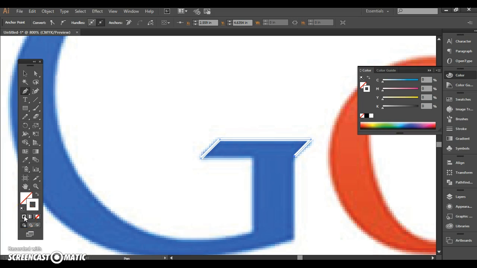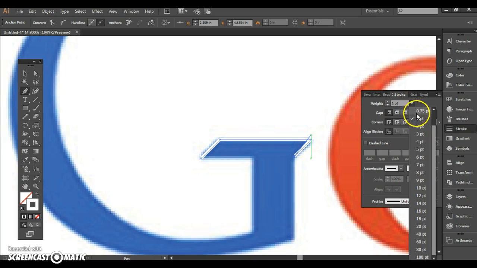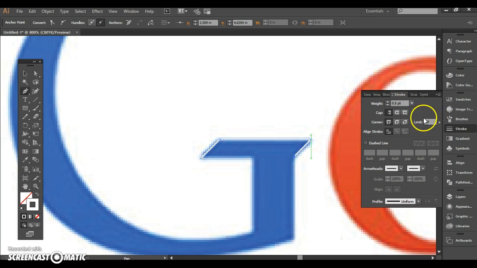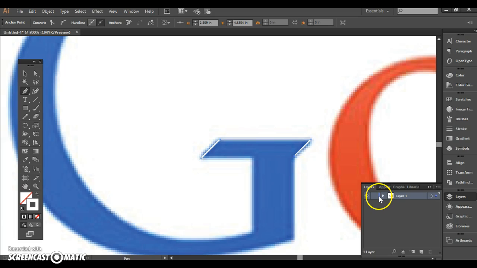Sometimes it's helpful, but if I do, I'll make my stroke much smaller, like 0.75 or 0.5, just a really skinny little stroke, so I can see it more than I can see this vector line, especially since my layer color is blue here. You can see this vector line is blue because my layer color is blue. I could change it to another color if I wanted to, but it doesn't matter because I'm going to be tracing a lot of it. Anyway,